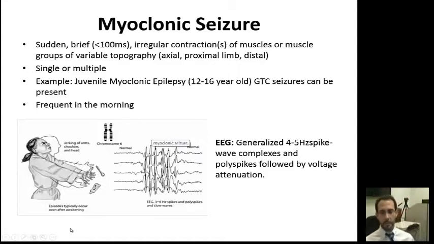They can also have polyspikes, and this is pretty much what it's showing here. You can see a lot of spikes going on here. You can actually count 1, 2, 3, about 6 spikes or so. But again, sometimes it can be a 4 to 5 hertz spike wave, which is not typical. Well, it could be this one, for example. You see a spike here, and then there's a slow wave that follows the spike. That's what we look for.